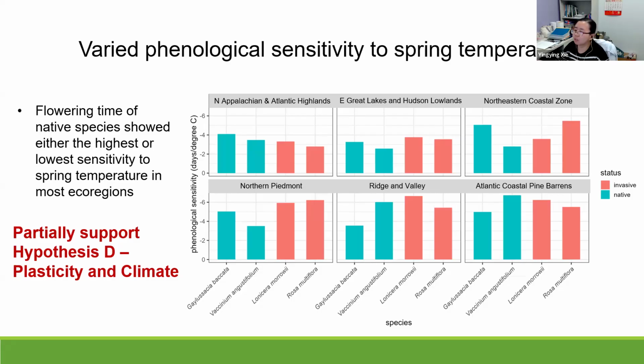But then I thought, well, I feel it still makes sense, because if the plants shifted their flowering time too fast, either too early or too late, they still get risk. If they come out too early, they might have risk of frost. If they come out later, of course, they may lose the chance to successfully pollinate and finish their